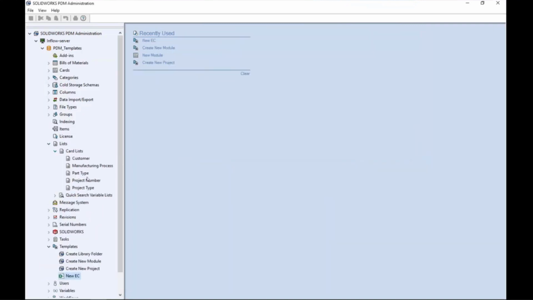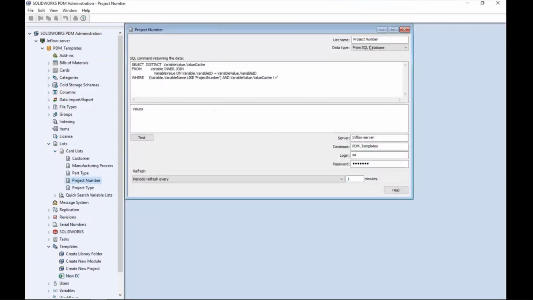I'm going to go ahead and just cancel out of here real quick and show you what that's pulling from. So if you haven't done this before, one of your options for a card list is to link it to a SQL database. I have in here a very simple little SQL query, and I'm just going to refresh the time and resave here just to make sure that it's with my latest folder I added, and go ahead and hit test. And you'll see what it's pulling is everything that has a value for project number, which are my folders. And so these are the project number folders that I've created, and it's pulling that information from SQL, in theory, live, updating every minute,